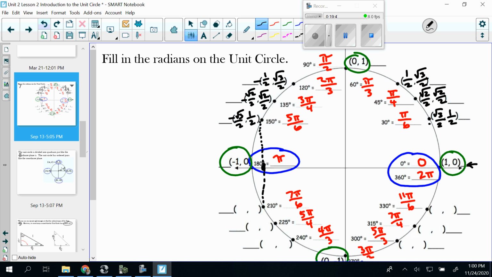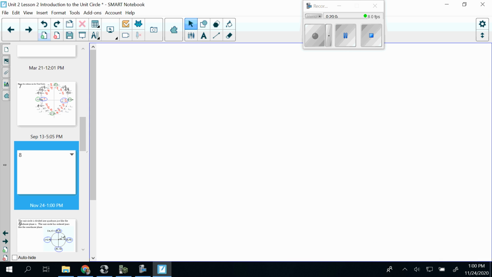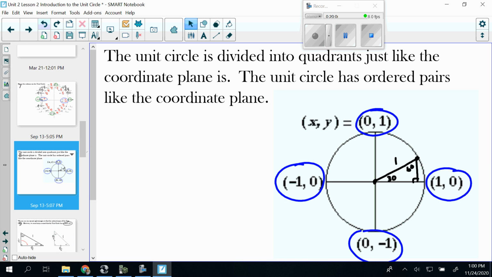So I know that the x value in this one should also be negative square root 3 over 2. My y value would be the same amount, just reflected, so this would also come out to be negative. Everything in this quadrant comes out to be negative. And so if I fill these in then,